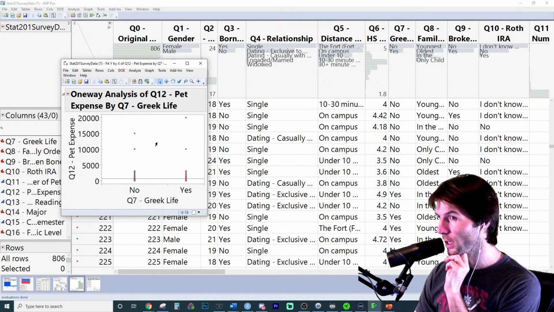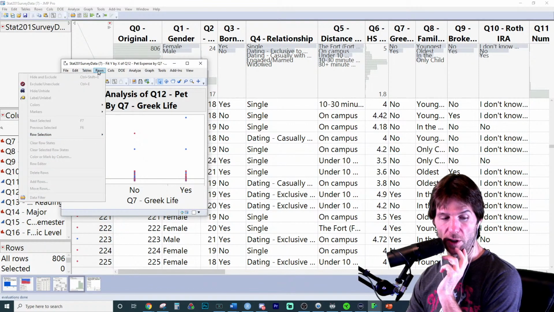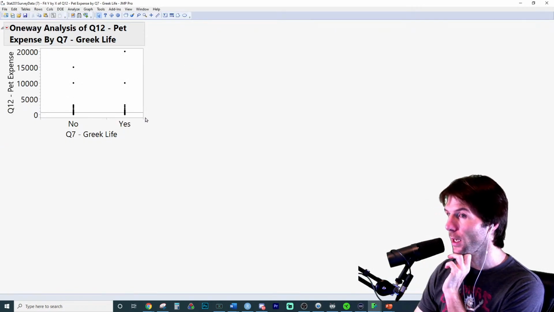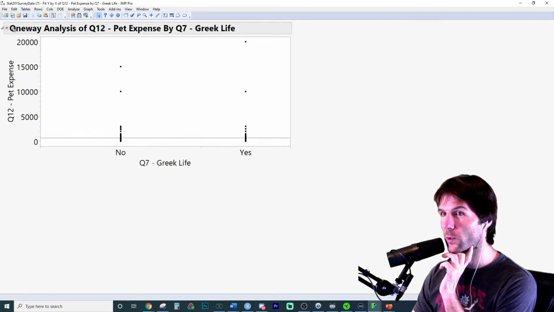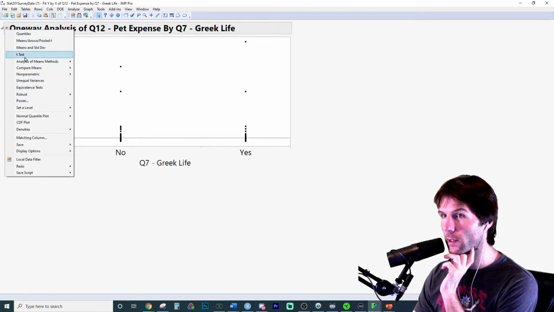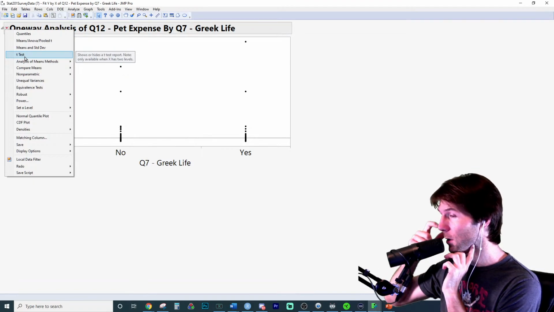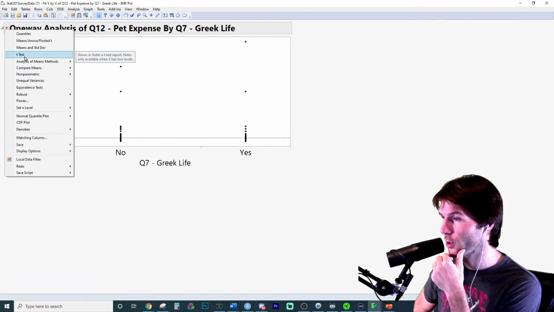Here's our data. We have some right skew in the data. I'm going to go ahead and clear row states because I colored the points a while ago. We just want no coloring right there. Let's take a look at what's going on, and this is where you want to click right here. How's it looking, Lewis? Did this fix the issue for the 2-sample t? Can you now click the button? There should be the option for the t-test.